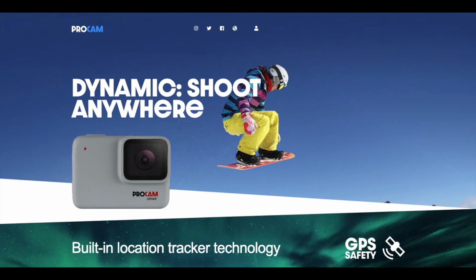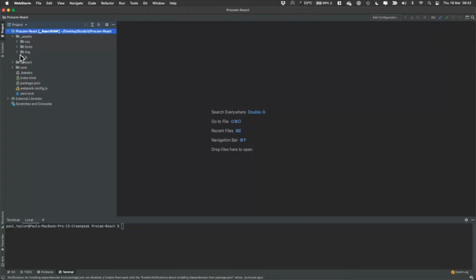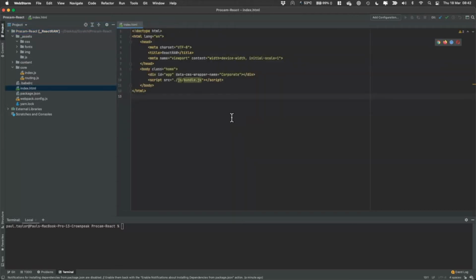So let's go. So the first you can see, I'm using WebStorm here, which is an IDE of choice. And this is a starter project that I've got. Some standard folders, an assets folder to contain images, CSS, JavaScript, and the like. We have a content folder, which will hold some information relating to our routes. We have our core SDK folders, as well as an index HTML file, which is where the React application will